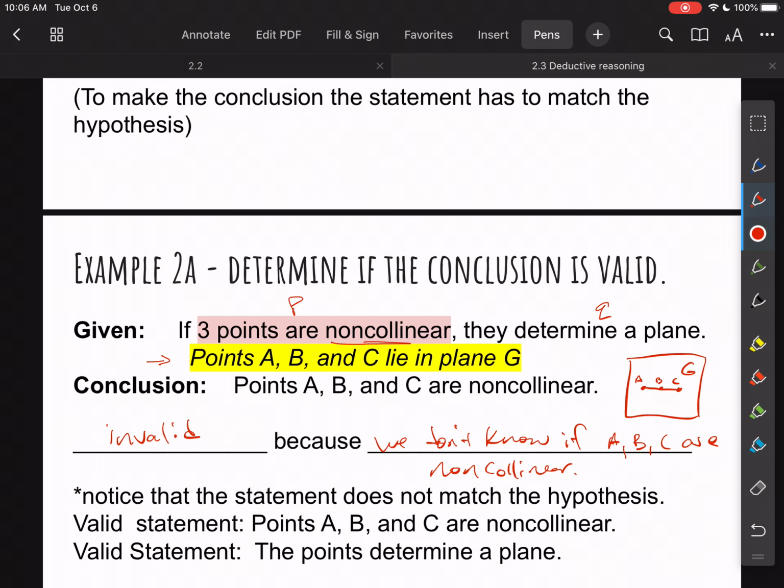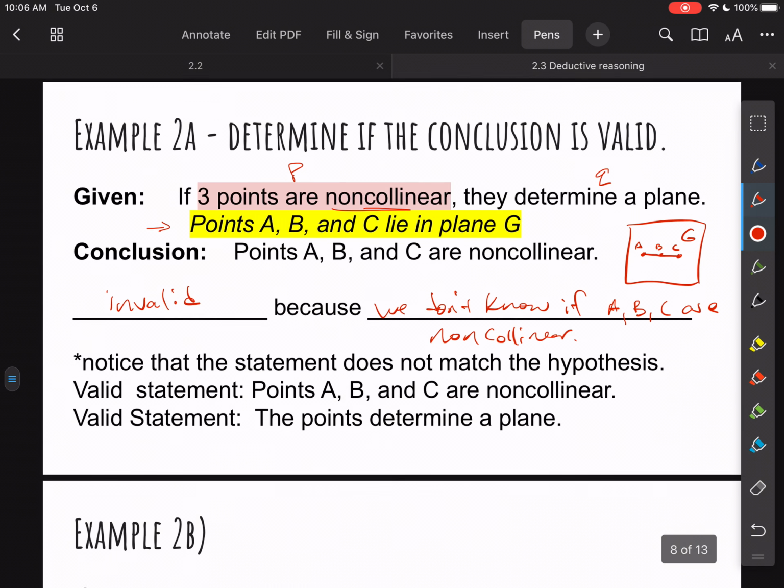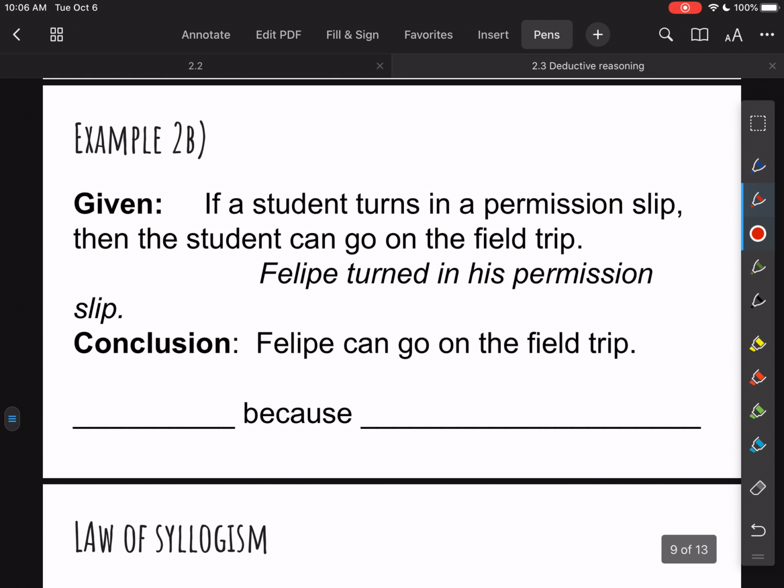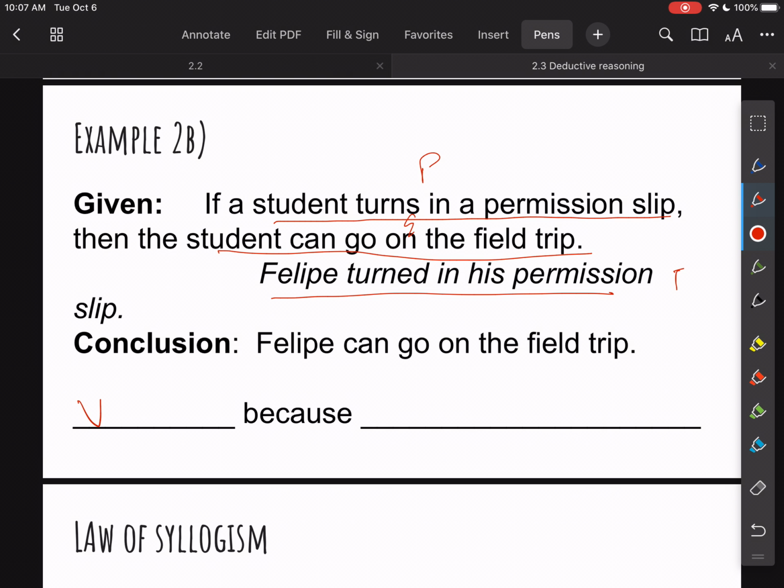So that's an example for law of detachment. That would be invalid. Let's look at 2b. If a student turns in a permission slip, then the student can go on the field trip. So here's P, here's Q. It says Philippe turned in his permission slip. So P is true, right? This part, student turned in the permission slip. He did. So part P is true. Then we can conclude that Q is then true. So he can go on the field trip. So this would be valid